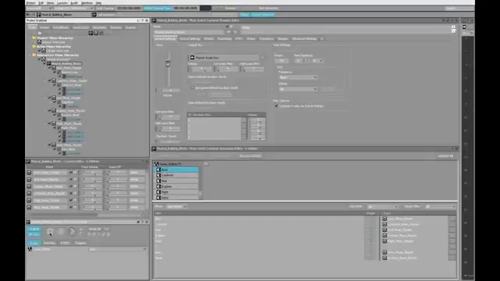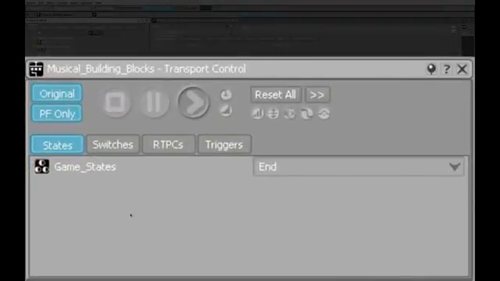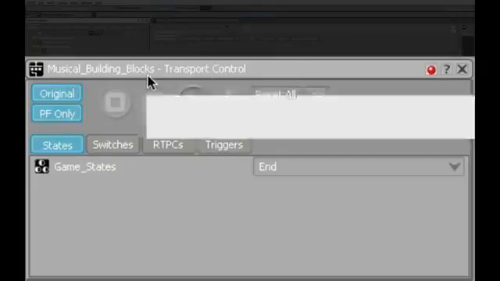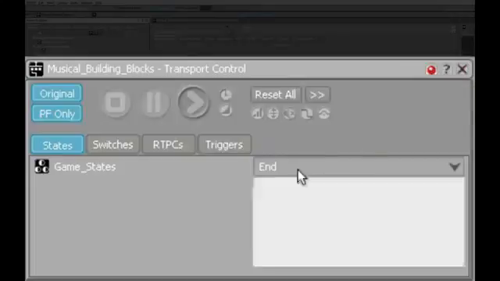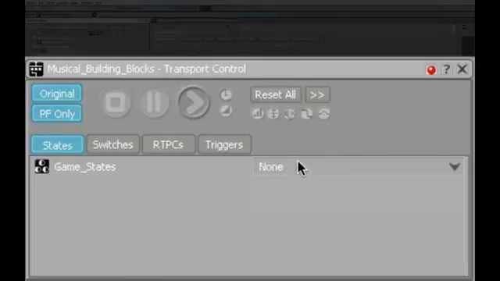And so, at this point, the entire design is complete, and the way that I've been testing this last segment to make sure that the dynamics were correct, we can test this entire design. The transport is really useful for this. You've seen me talk a little bit about this pin feature. Sometimes things can get pinned accidentally here, and it's a little frustrating, but for right now, it's going to be helpful because I'm going to pin this in place so that the Music Building Blocks switch container is locked in there. And then I can set this to any of these states that I want to. We can test the none state,